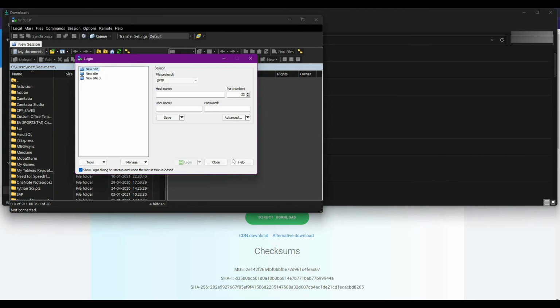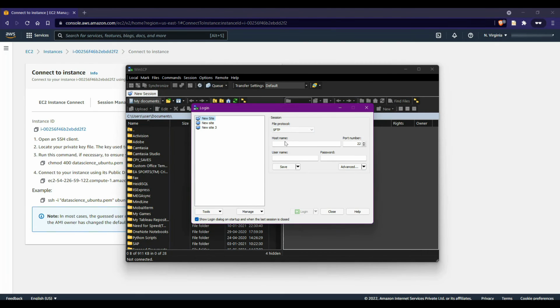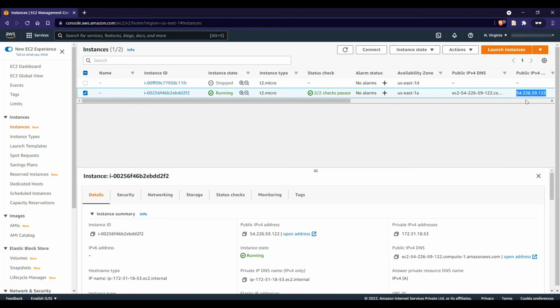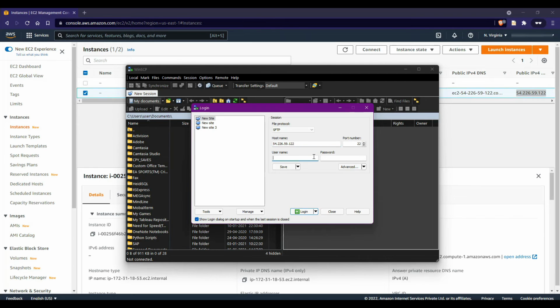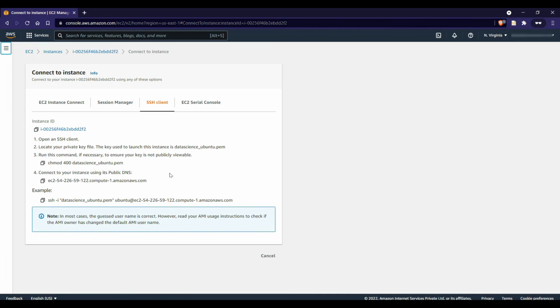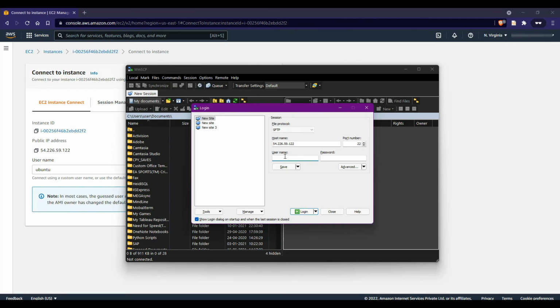Okay, let's install. Launch WinSCP. Yes, WinSCP is launched. Let me connect WinSCP to the Ubuntu instance. So I'll copy the IP address. IP address can be copied from here easily. IP address copied. Port is 22. Username, let me find the username. Username is Ubuntu, and password,